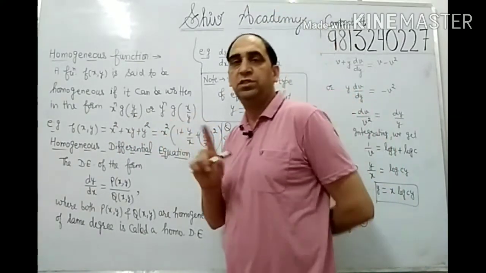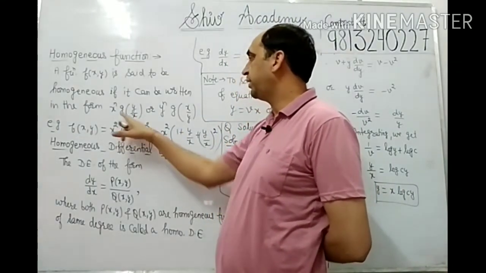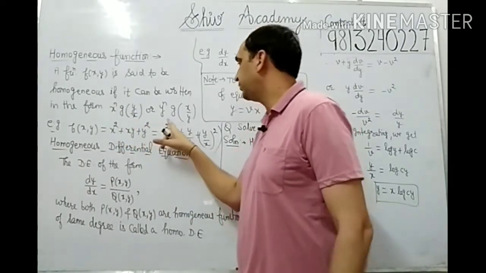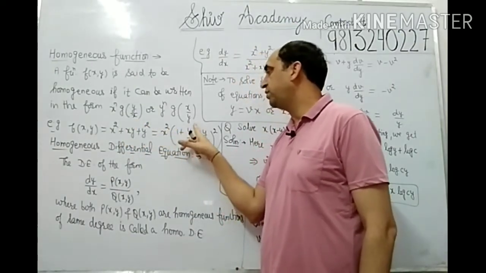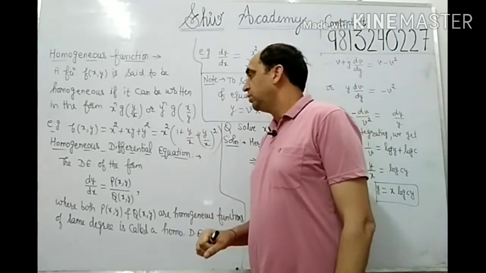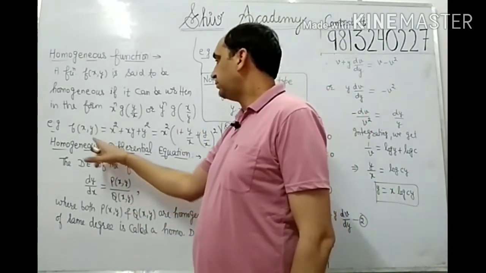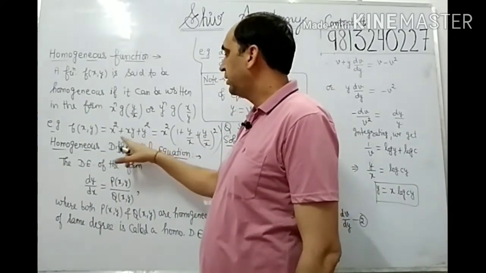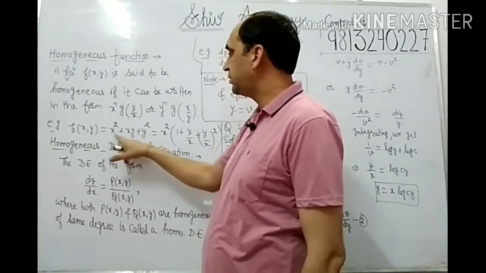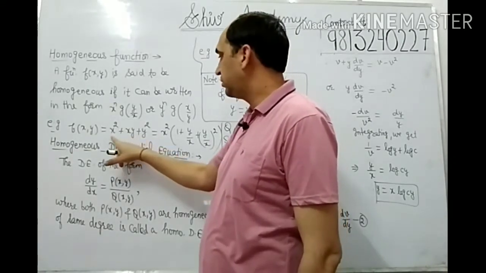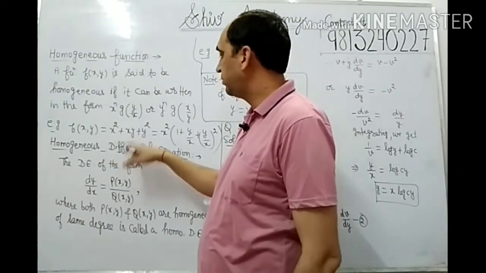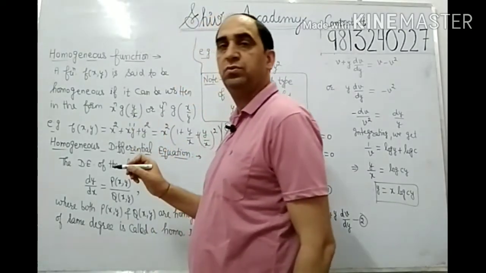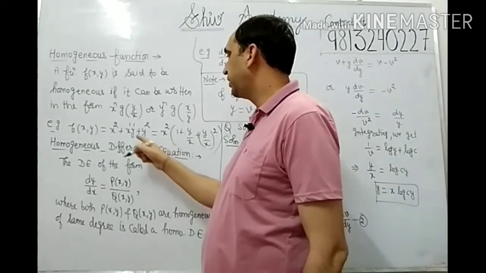So dear students, in homogeneous function you have to remember one thing, that if you are taking common x to the power n, then in the denominator we are having x, and if we are taking common y to the power n, then we are having y. Just like I am taking one example, f(x,y) equal to x square plus xy plus y square. You can see that there are three terms and each term has degree 2. This term has degree 2, this has xy, but both x and y have power 1 and 1, so 1 plus 1 is 2. So we have to check in this way the degree of each term.